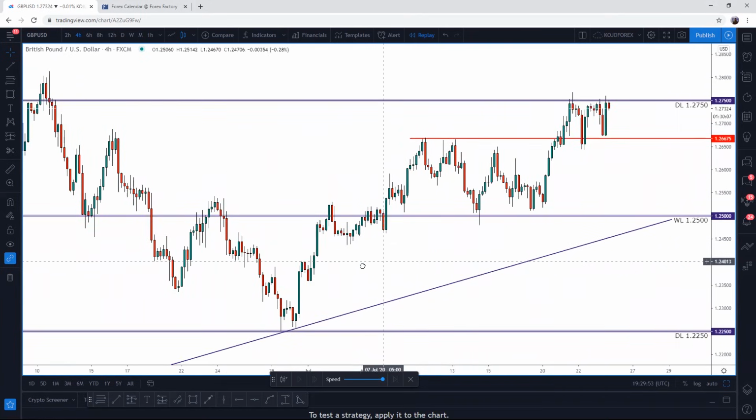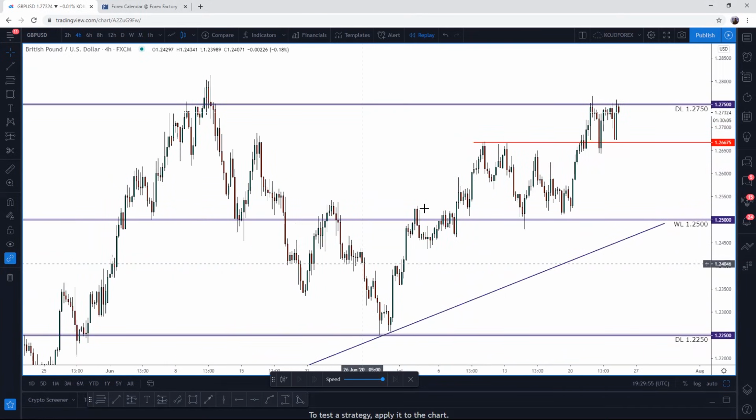So currently, as I'm speaking with you guys, if you're watching this chart, you can clearly see again that the pound versus the dollar is rejecting around this area, which is a psychological level for me, which is 1.2750. So all I have to do now is patiently wait and see how candlestick formation reacts around this range. If it gives us a clear indication that this market is holding off here as a strong resistance, because it previously did here, then we can jump in for a sell position, putting our stop loss right above the range.